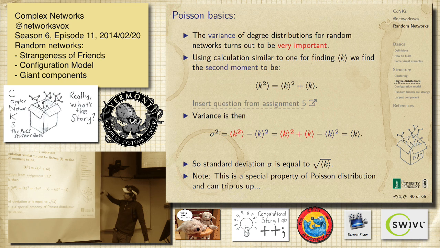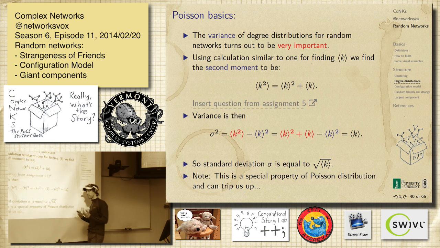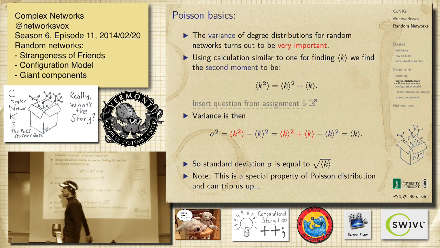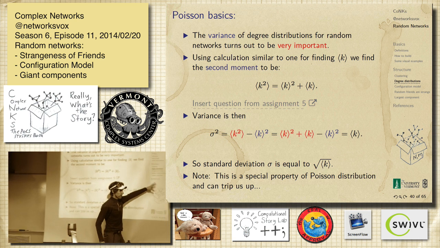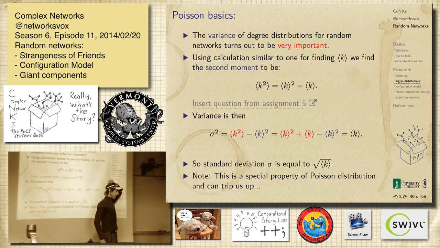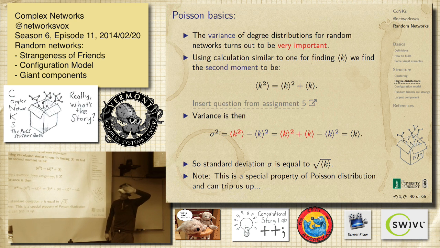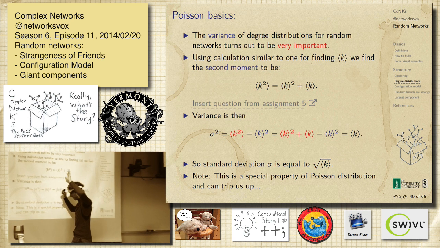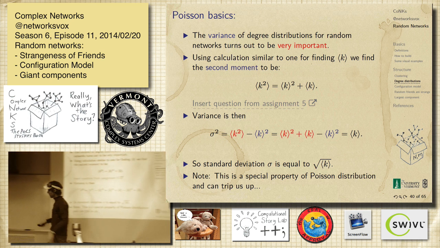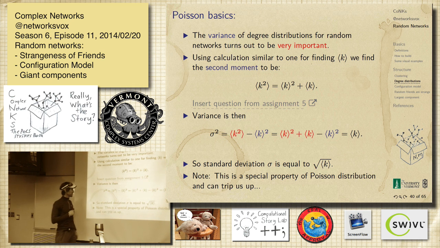Okay, so we got to this end statement, this end piece here, which was this oddness of the Poisson distribution. So the Poisson distribution appears in many circumstances. It appears, in particular, for random networks. Right? Reach into this box. We pull out a thing. For big enough networks, big enough M, it will always have a Poisson degree distribution.